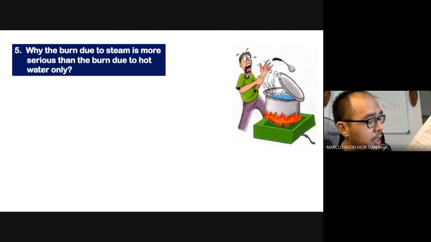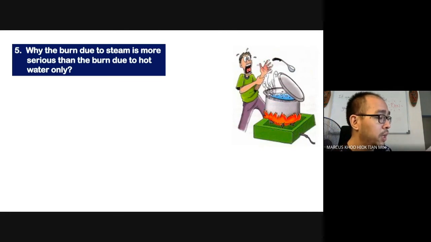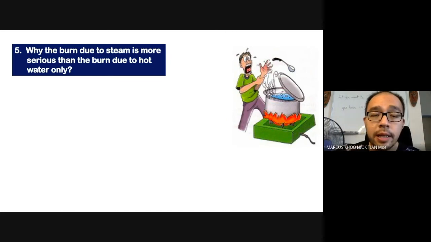So please answer page 103 all the way to page 105. Try to answer as much as you can. We will definitely discuss the answers on Monday, but it will definitely be a lot faster if you try to do it on your own first. And then if you cannot get it, we'll discuss and see the answer. We will discuss the answer to see how. All right. Okay, is that clear? Everyone can